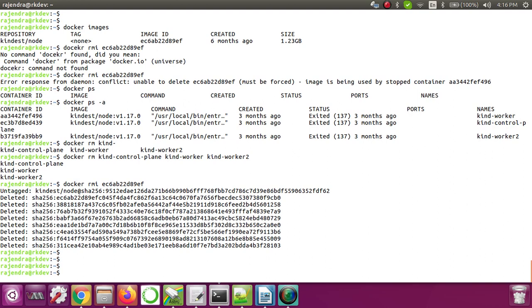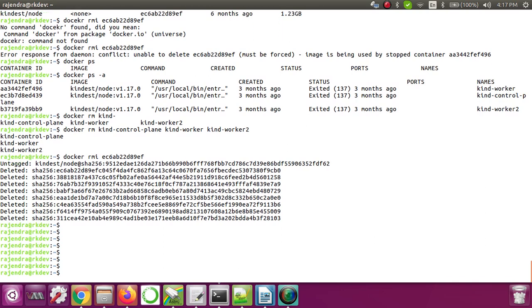We have seen how to see the running containers, how to see the exited or stopped containers, and also how to see the images and how to remove the images. The next thing we are going to see is whether Docker is working fine or not. In that case, let's start one simple container. How to start a container? We have the docker run command, and then we can give any image name. There is already an image called hello-world on Docker Hub, so I'm just starting that image.